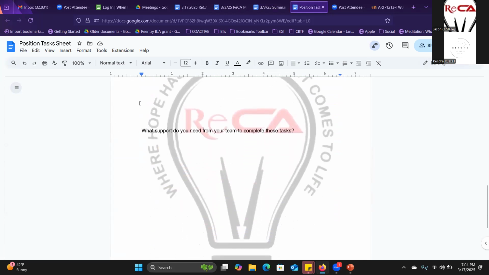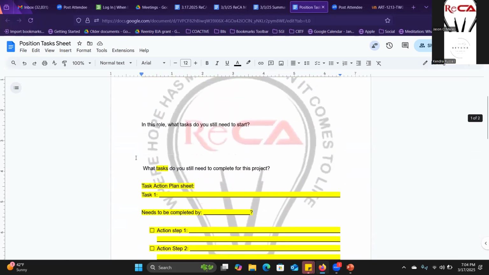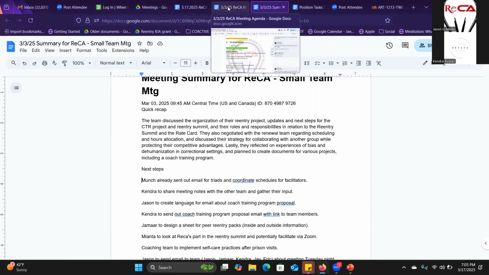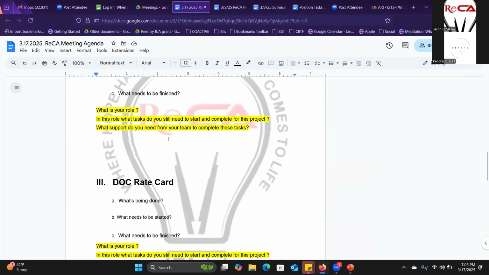And then this is most important here: what support do you need from your team to complete the task? Because as leaders, we all say we're leaders, and leaders ask for help. And in asking for help, we need to communicate. So in order to communicate across the team without having 100 meetings, let's keep this in mind and go to